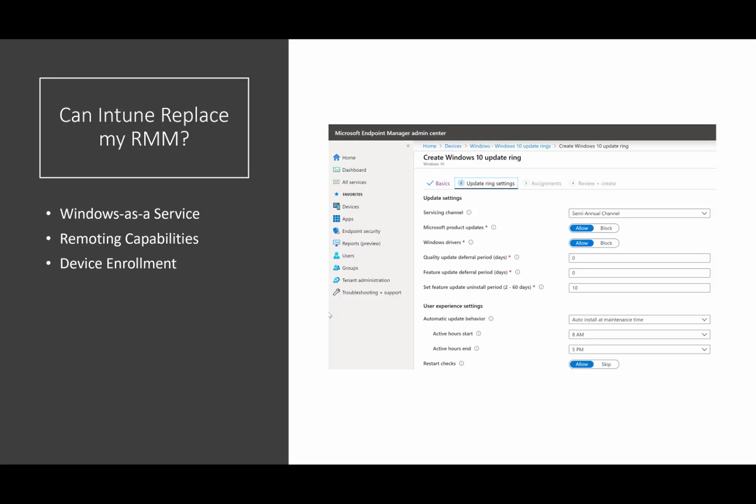So some common considerations that we have as well too. I get the question all the time, can Intune replace my RMM tool based off of what it can do today? So I want to bring up some considerations around that as well. So when we think about Windows 10 as a service now, we're moving into these managed update cycles or upgrade